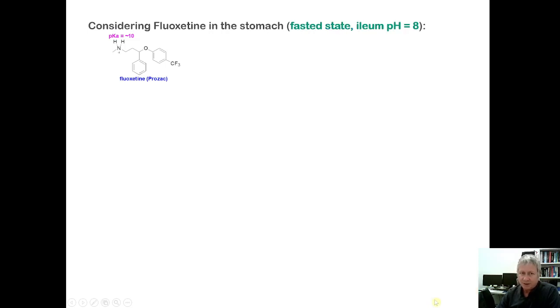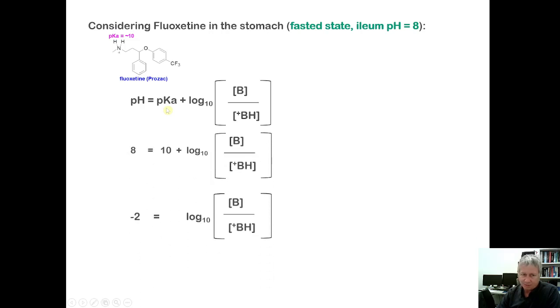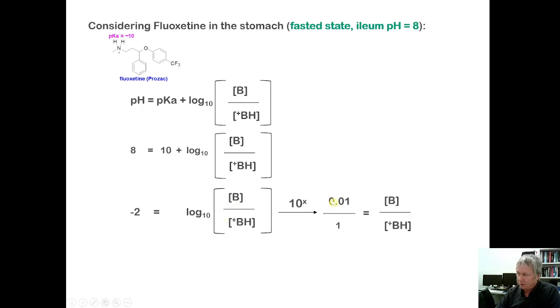Okay, and so then what about the ileum? Same drug, pH is different, it's all going to be handled by the Henderson-Hasselbalch equation, do the same thing. pH equals pKa plus log 10, same thing. Fill in the numbers, pH now is 8, pKa will be 10. Do the same kind of math. Move the 10 to the other side, it's -2 now. Take 10 to the x on both sides, and now it's a smaller number. So this is interesting because in the ileum,